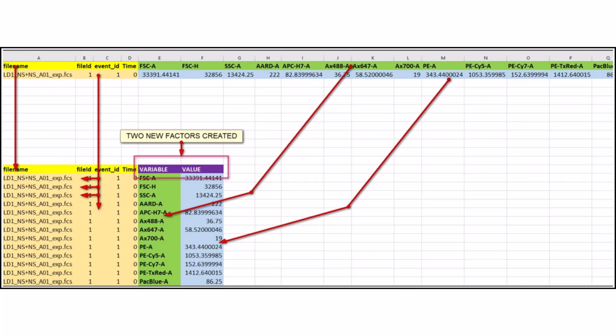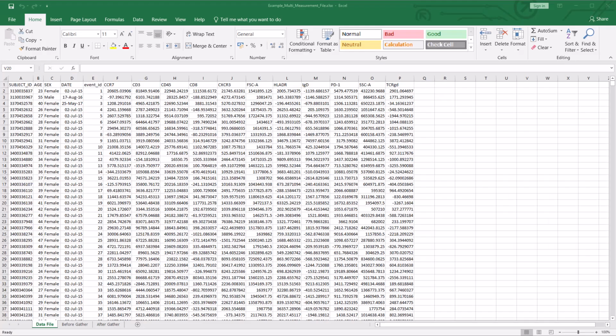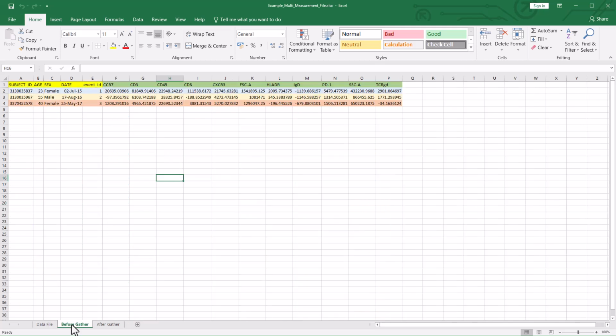Download the example multi-measurement file from the link in the video description and open it in your spreadsheet. It is a wide format data. Click the tabs at the bottom to see color coding to show how the data will be rearranged during the